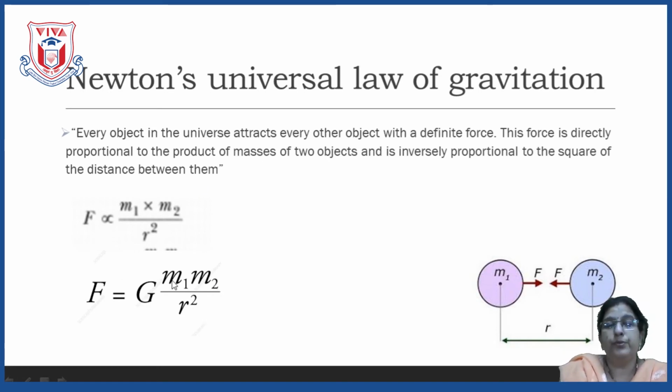Force is directly proportional to the product of the masses and inversely proportional to the square of the distance between them. Now, see here children, if we double the masses, if here it is 1 kg and here it is 1 kg, and instead I make this 2 and this 2, then what will happen to the force? The force is also going to increase. As the force is directly proportional to the product of the masses, as mass increases, the force is also going to increase.